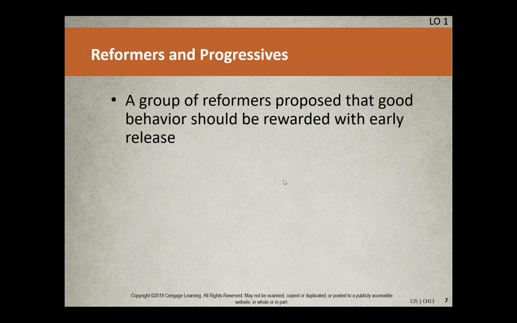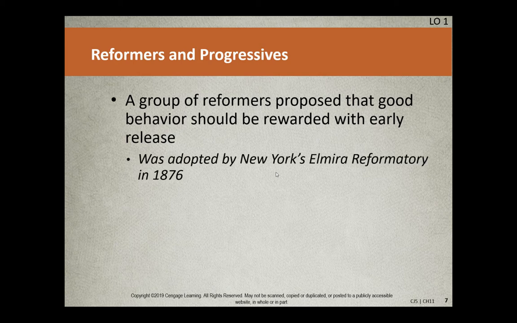In the 1870s, a group of reformers argued that fixed sentences, imposed silence and isolation really did nothing to improve prisoners. So the reformers presented this ideology that would heavily influence American corrections for the next century. This new penology was put into practice at New York's Elmira Reformatory in 1876. And at Elmira, good behavior was rewarded by early release, and misbehavior was punished with extended time under a 3-grade system of classifications. Now we're starting to sound a little more like present-day prison